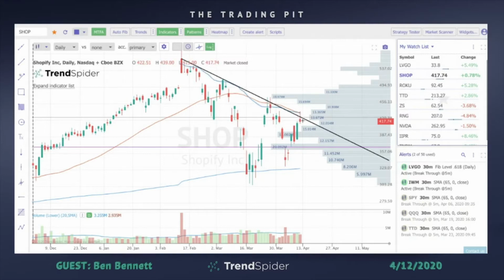But now if we can get a trend line break here and start moving our way up, maybe you can hold for a little longer term. It's just scary because this is kind of counter trend, trying to trade on the long side. But if you do come back up through that trend line, get a higher low, and then over this level a higher high, yeah, maybe you can hold on to that one for a little bit longer.